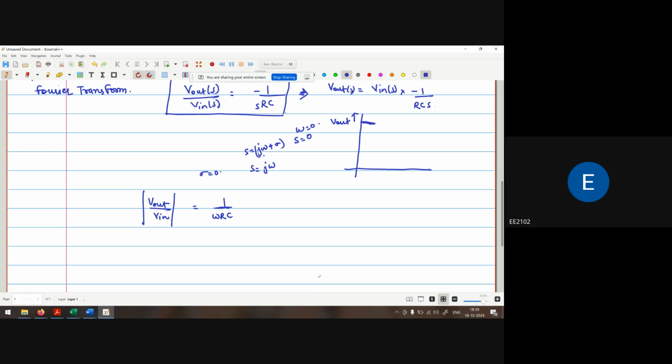If I take the 20 log, then 20 log of V out upon V in is equal to